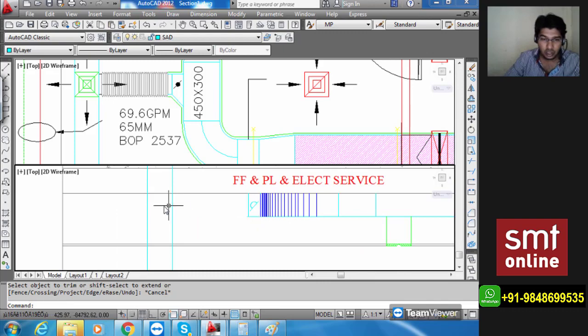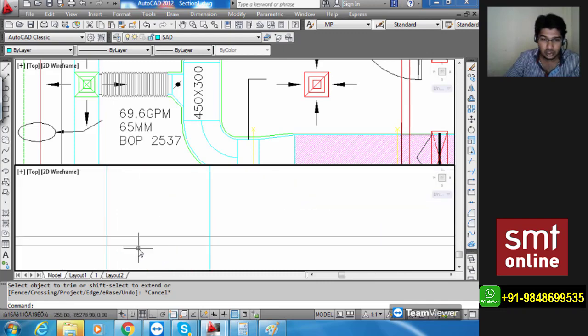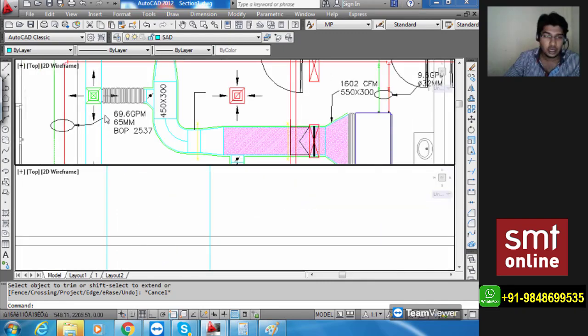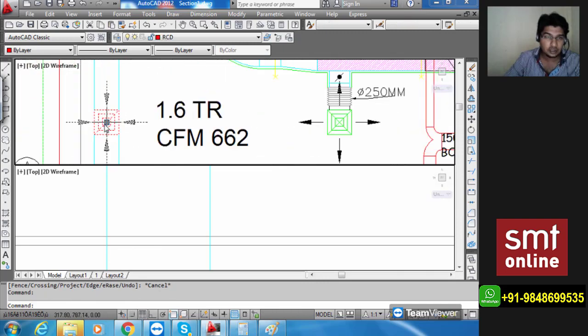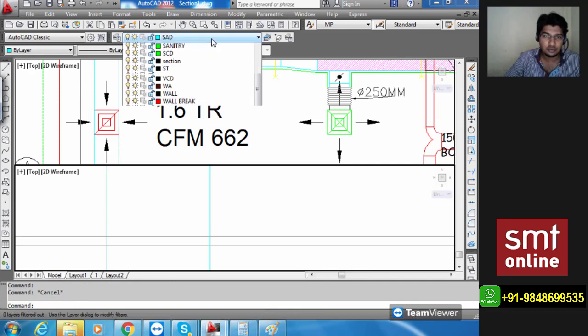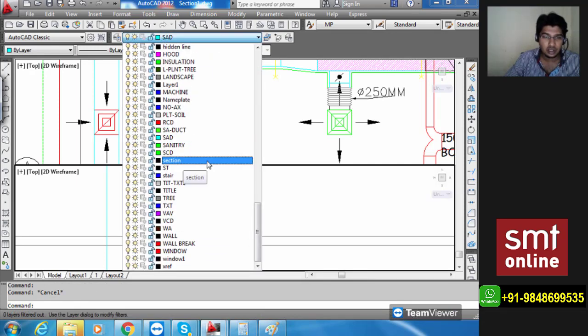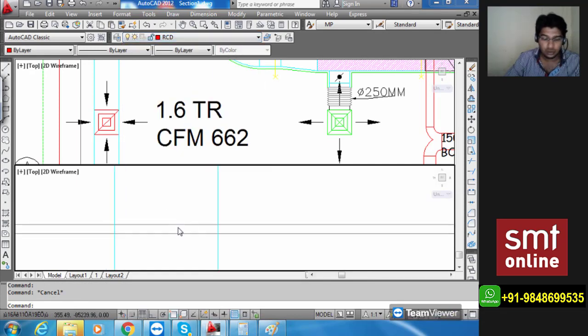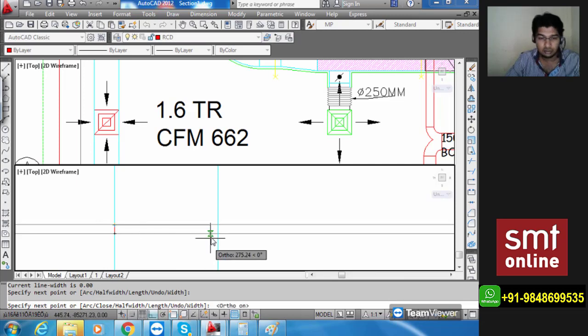Fine. Now from here until here, in this position, we have to draw the return diffuser. Come back to the view, select the return diffuser, it is RCD, press escape, come inside this view, select RCD wherever it is, use your polyline, and that is also going to be inside your false ceiling, right? Start jumping, keep your ortho turned on. See, my ortho is not on at the moment, fix it here